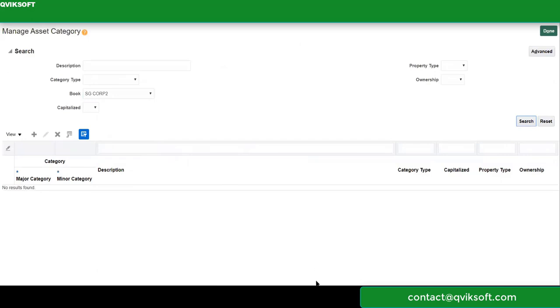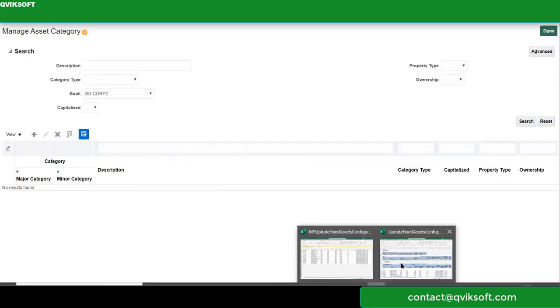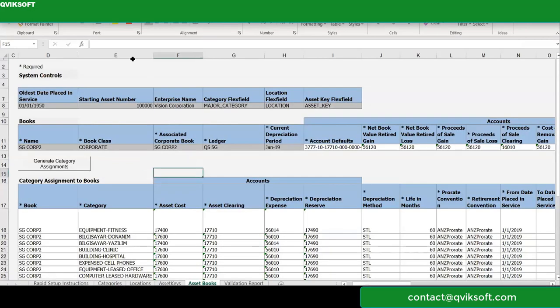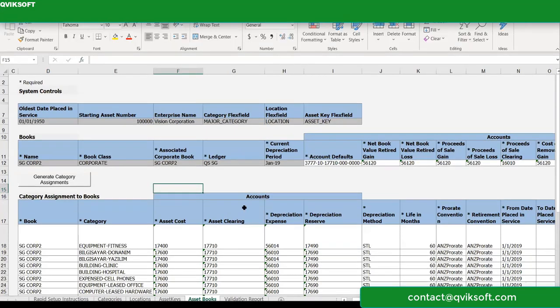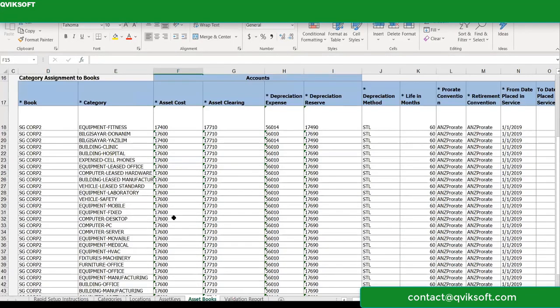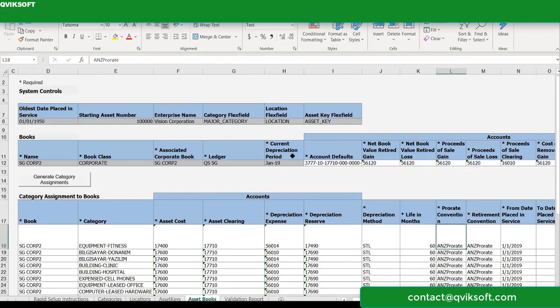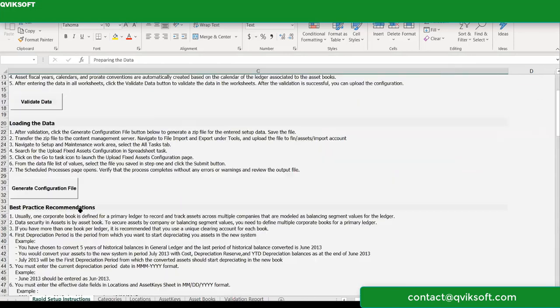So in order to fix this, let's try if we can fix it now. I basically went to the update spreadsheet again, and then I inquired my data. I kept only that book, and I changed it to the convention, which is a valid convention calendar. Then I'm going to go to rapid setup again, validate.